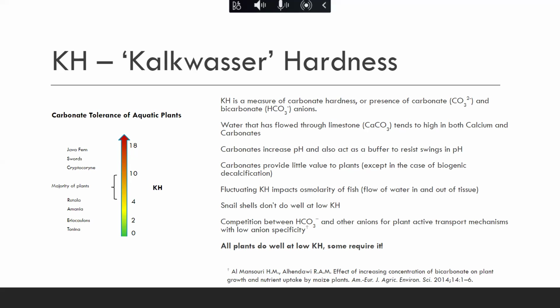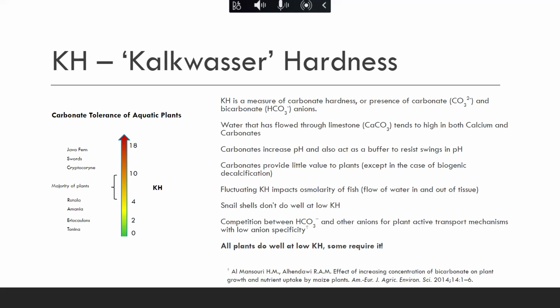One of the things with having low KH, and this is something that I observe in my tanks, is that snail shells don't do very well, right? I don't usually have snail problems, but I still have snails, actually. They just don't tend to do very well because they need that carbonate to build their shells. And there's competition between carbonate and other anions for active plant transport mechanisms, again reducing the availability of nutrients for the